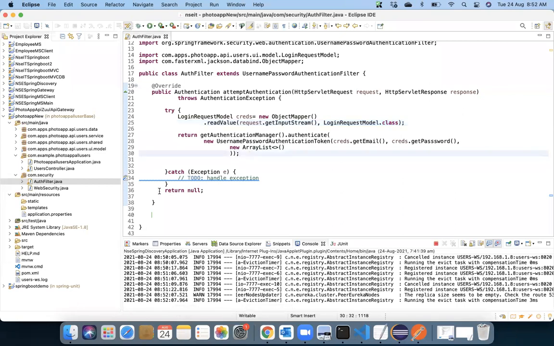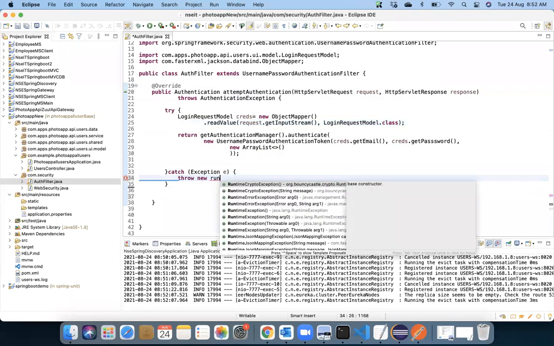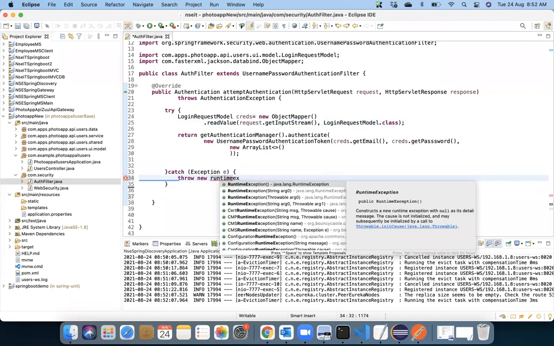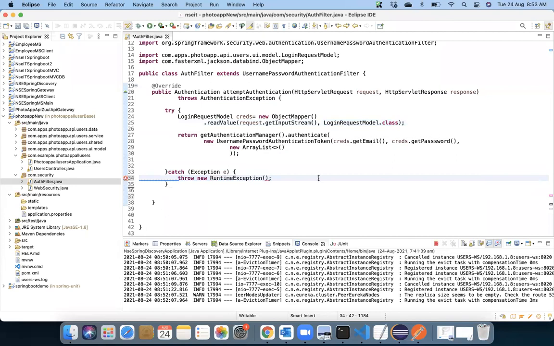And one more important point. In the catch, you can throw one more exception, new RuntimeException. Like this.